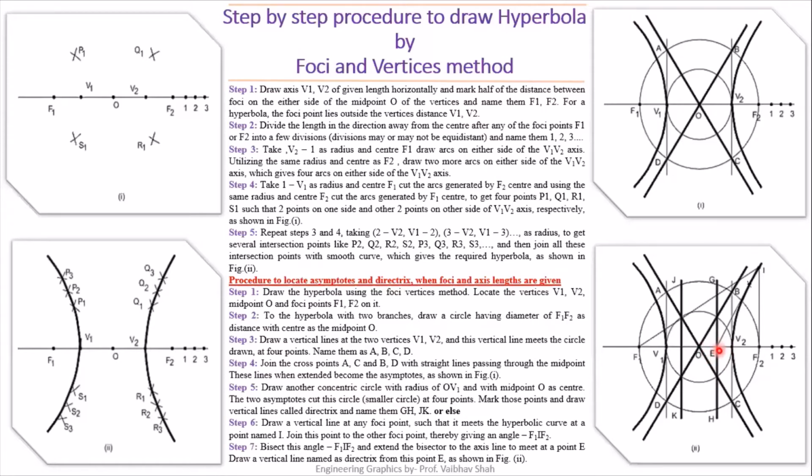And from point E you have to simply draw one vertical line, which is nothing but your directrix, and you have to take the similar distance of O to E, and cut this line on the left hand side to get this point somewhere here, and from this point you can draw another vertical line parallel to your previous directrix, and this is nothing but your directrix number 2, which is your JK directrix. So very easy. It looks very complex in the figure, but if you try to draw step by step, then I'm sure that you can make it with this directrix and focus method, or you can say foci vertices method.